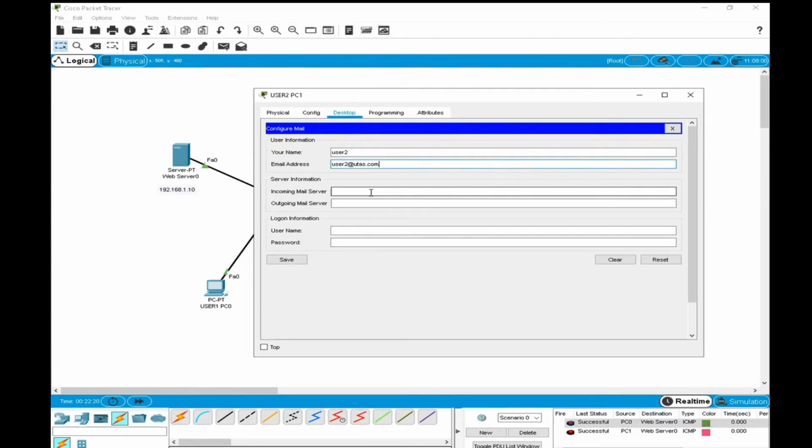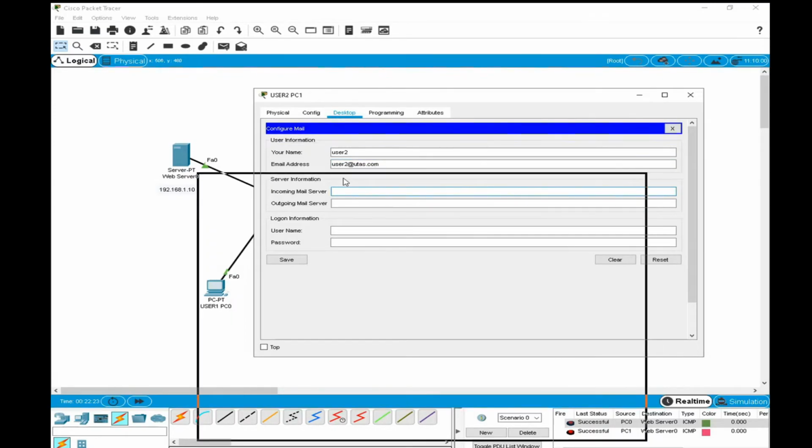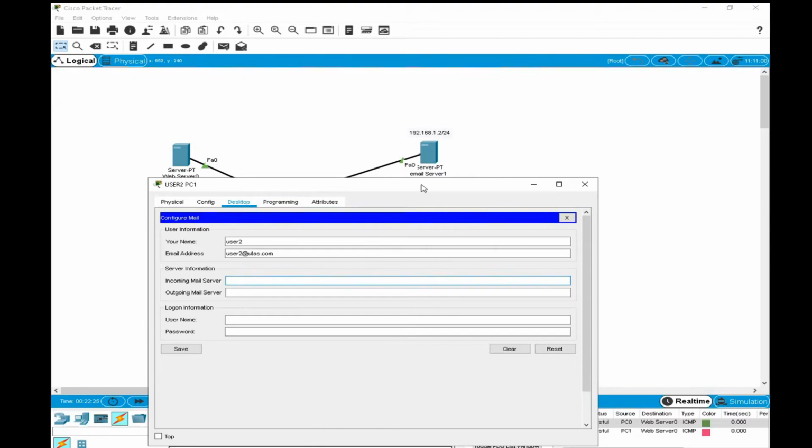Okay, incoming server same. So this is our incoming server 192.168.1.2, and this is our outbound server same, user 2, and password was 12345.